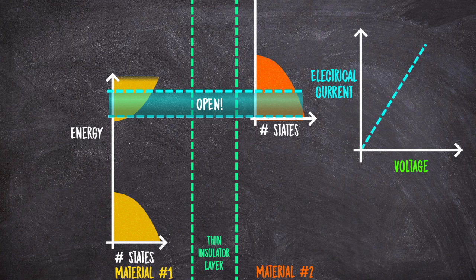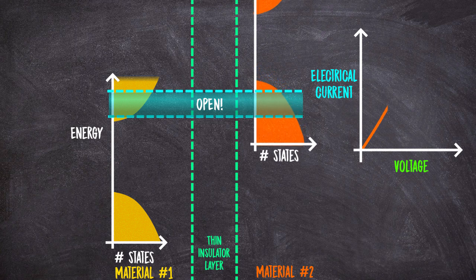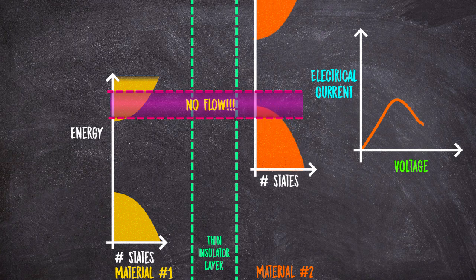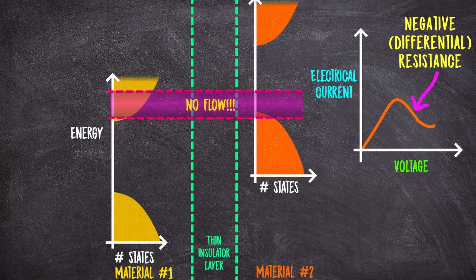In a nutshell, the natural state of things in electronics is that as you apply more and more voltage to something, you will get a higher and higher flow of electrical current. Current and voltage increase together. But in tunnel diodes, things get a little wonky. Initially, when you apply a voltage, this is true, because the tunneling window is open. But at a certain voltage, it will then start to close, and thus current will actually decrease even though you're still increasing the voltage. So it's like the resistance is turning negative.